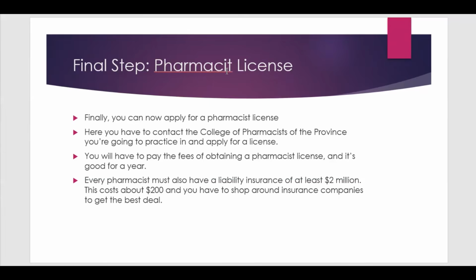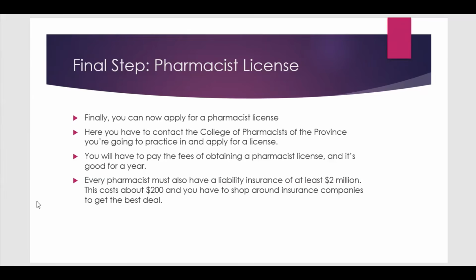Moving on, I don't know how to spell pharmacist, obviously. The final step, obtaining a pharmacist license. Now you've done all the steps that they require from you. You can apply to obtain a pharmacist license, and here you have to contact the College of Pharmacists in whichever province you're applying for. So if it's Ontario, it'll be the College of Pharmacists in Ontario. If it's BC, it'll be the College of Pharmacists in BC, and so on. And then you have to pay the fees to obtain a pharmacist license. In BC, it's about $895 per year,